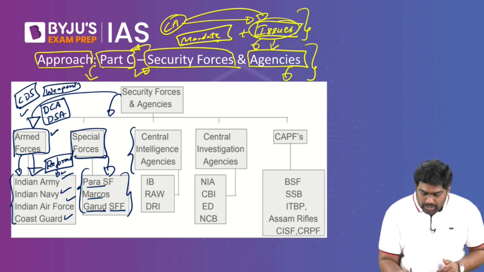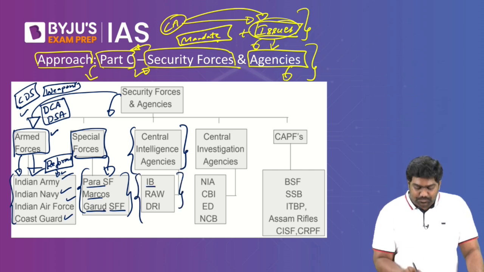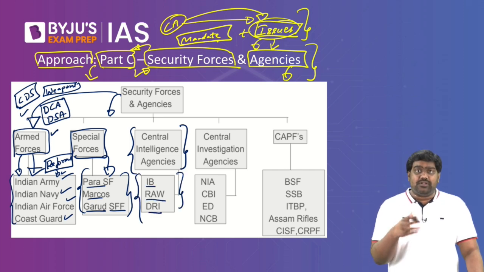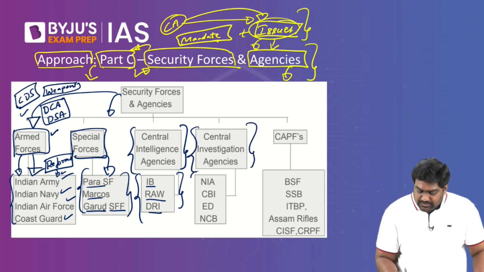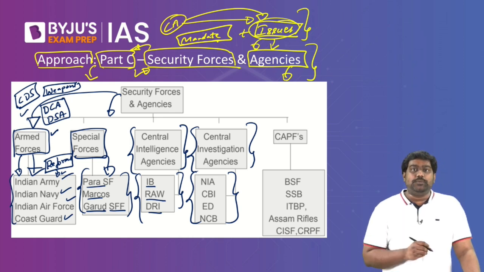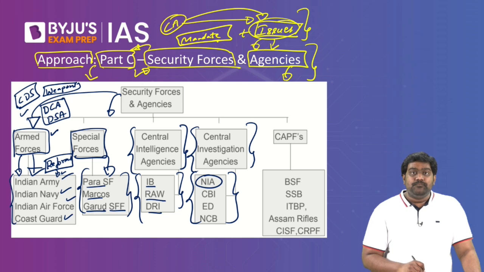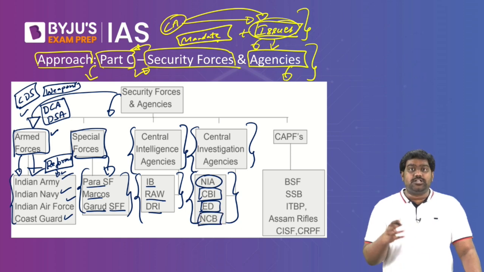Then you can focus on our intelligence agencies like IB, that is Intelligence Bureau, RAW, Directorate of Revenue Intelligence, etc. Then focus on the investigative agencies and law enforcement agencies. The central law enforcement agencies such as NIA, which primarily deals with counterterrorism, the CBI, Enforcement Directorate, Narcotics Control Bureau,